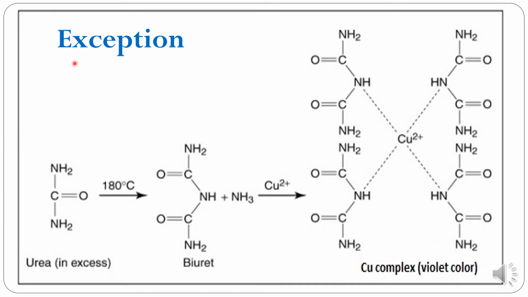The exception to this Biuret's test is given by urea, which is similar to the CONH bonds. Although it is a non-protein or a non-peptide, because it contains NH2CONH2, which bears resemblance with the peptide bond, it also reacts with the cupric ions in alkaline medium to form a copper color complex, which is known as biuret, and it gives a violet.